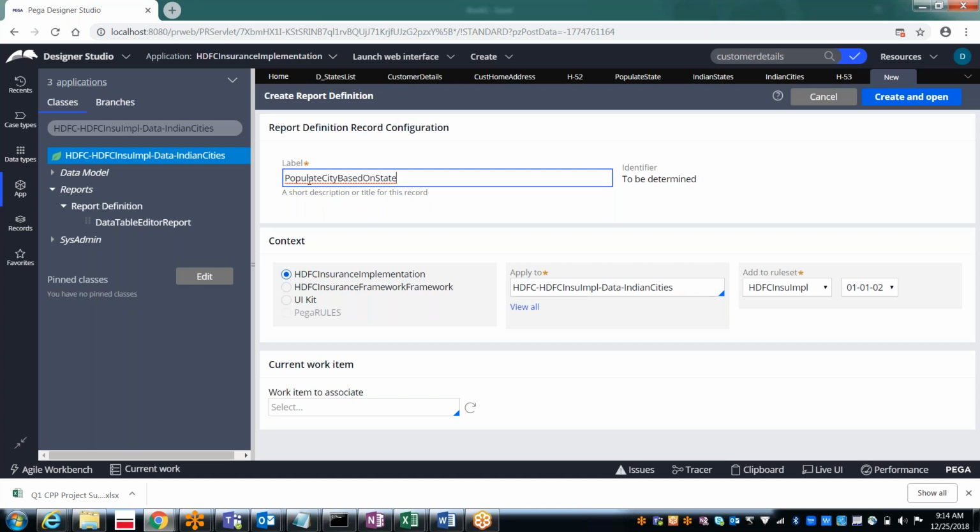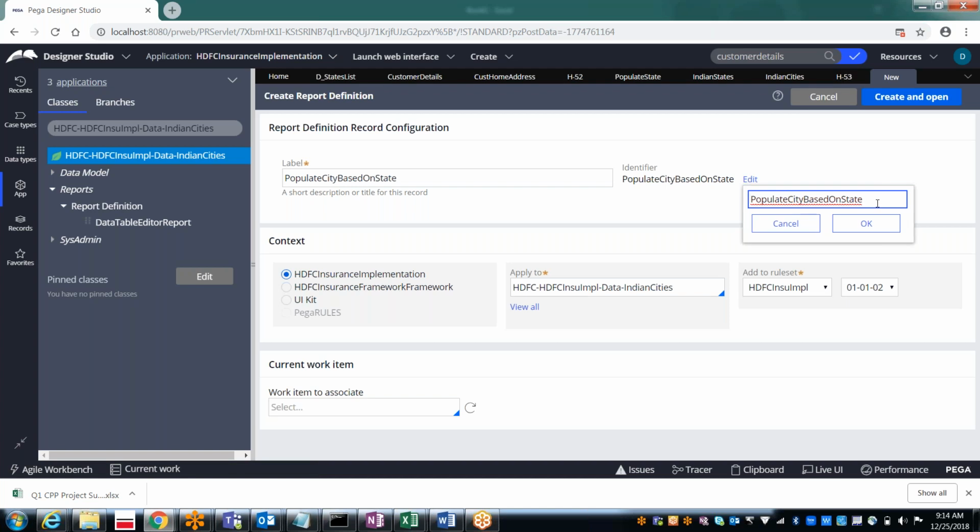If you feel it is very big, you can just give populate city, or if you want it to be easy to understand by seeing the name of the rule, give populate city based on state. Otherwise, you can give the label complete and the identifier you can just give populate city. Label is for understanding, ID is for the rule name.